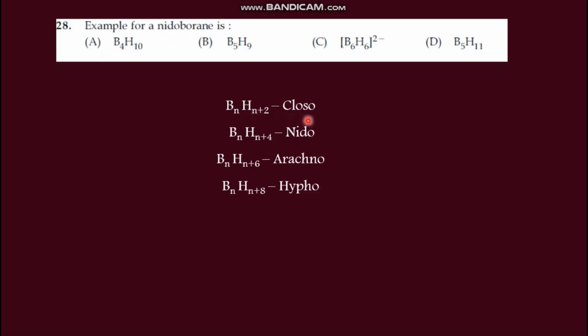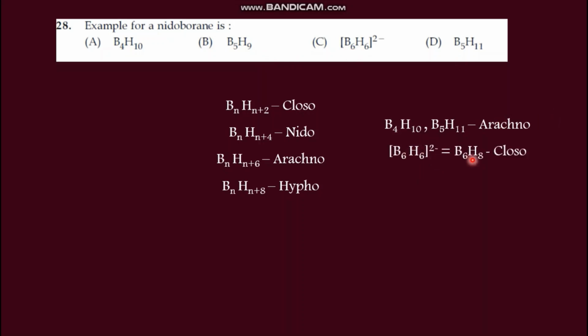BnHn+2 representing closo, BnHn+4 representing nido, BnHn+6 representing arachno, BnHn+8 representing hypo. Here you can see B4H10 means BnHn+6, that is arachno, and here B5H9 is BnHn+4, that is nido, and here B6H6 2 minus, that we can write